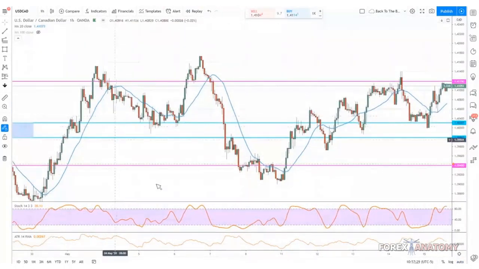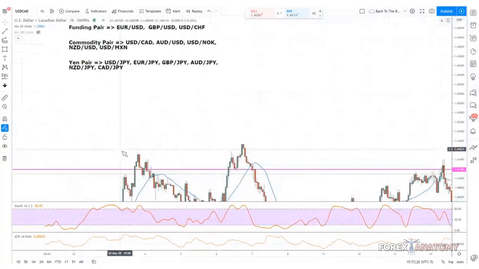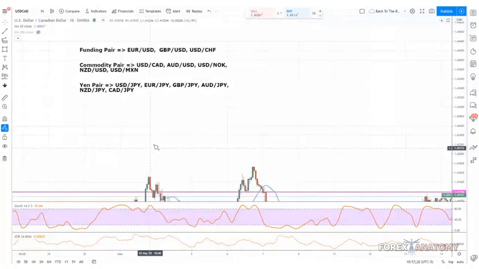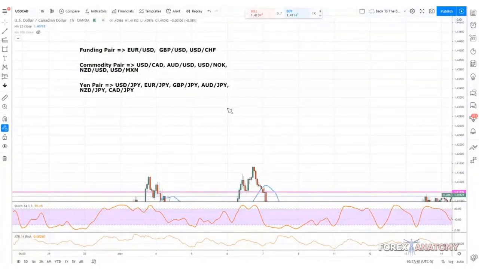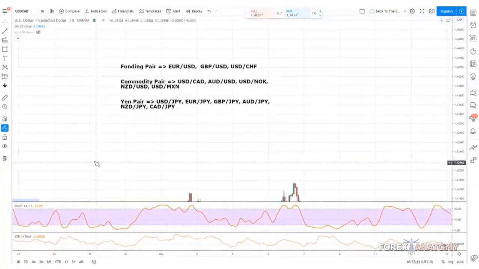Yep, Cynthia got it right. She said the loonie. The loonie is another name for the Canadian dollar. We're going to throw out some of these names to you eventually. This is the list that we had from, I think, 2 weeks ago. We plotted this list, and you can pick any of these pairs, trade off of it, and test the strategy with those pairs. They work on every single pair on the 1 hour chart.